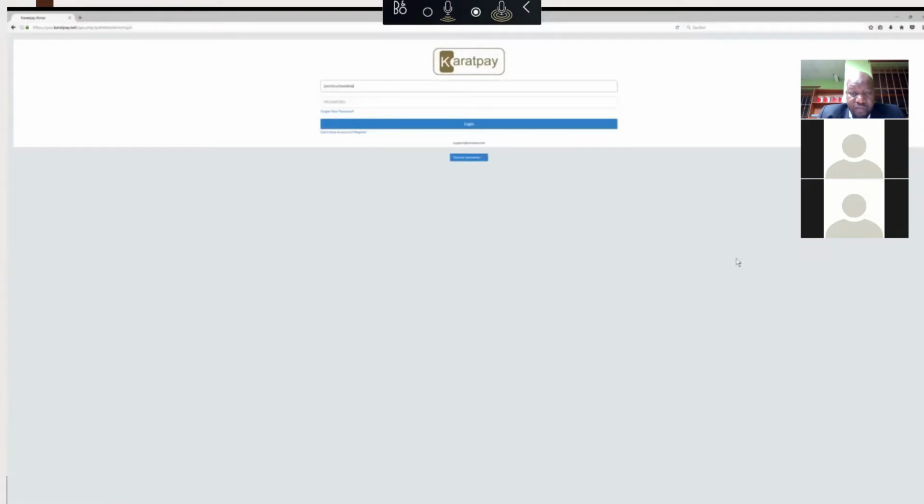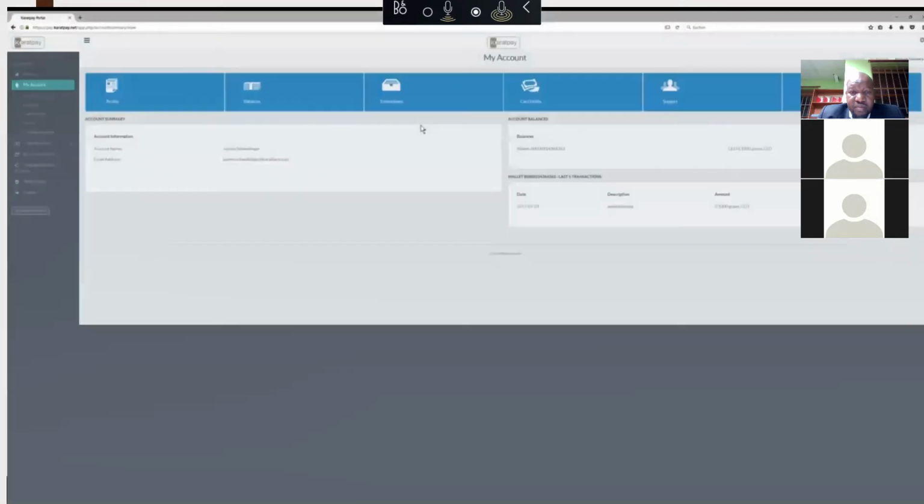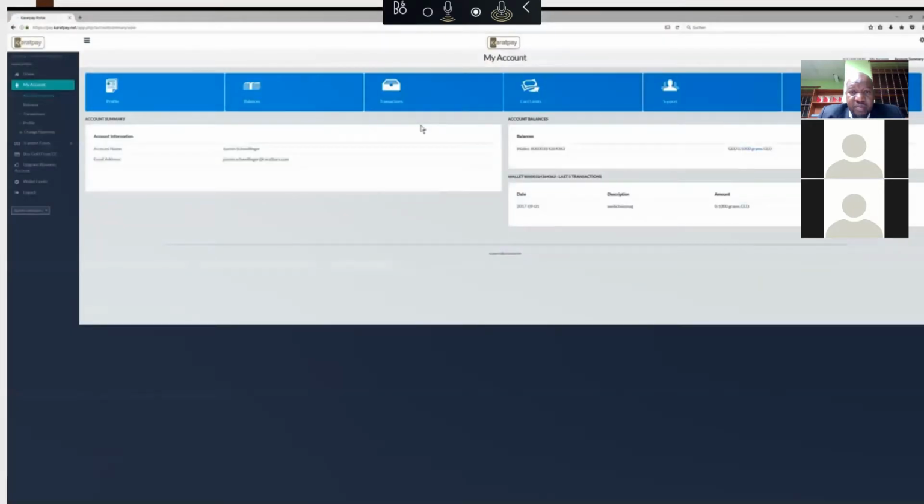There you will be able to submit your email and password, which you have submitted before at the registration. You can also go directly to www.karatpay.net and log into the site without going through the Karatbars back office. After you log in at karatpay.net with your email and password, you will be directed to the Karatpay back office